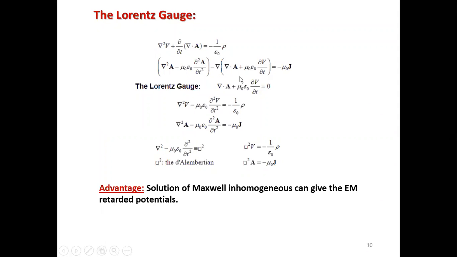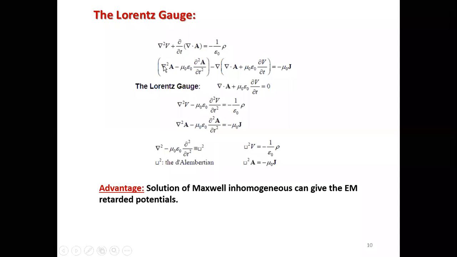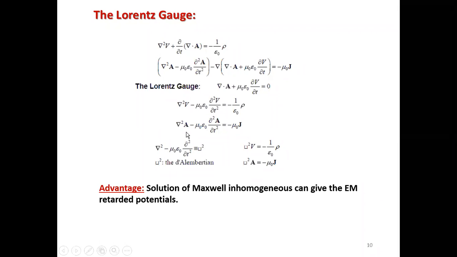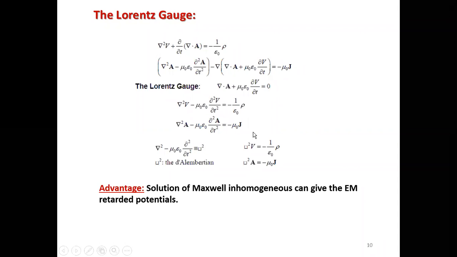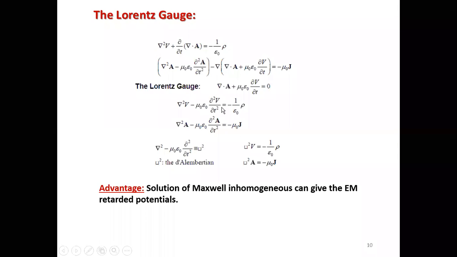If this is zero, तो ये टर्म जीरो हो गई, तो हमारा यहाँ पे अगर हम कॉमन ले लें A वेक्टर को, वेक्टर पोटेंशियल को, तो ये आपकी इक्वेशन सिंपली आपको d'Alembert ऑपरेटर मिल जाएगा। डेल्टा स्क्वायर माइनस μ₀ε₀ ∂²/∂t², this becomes d'Alembert operator equals to minus μ₀ J. तो ये दो फंडामेंटल इक्वेशंस मिल गई आपको।